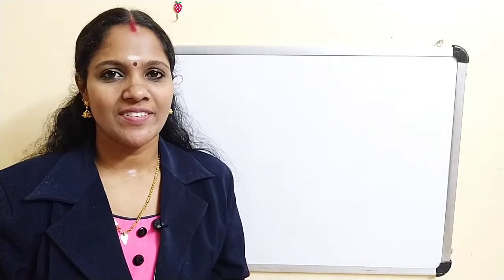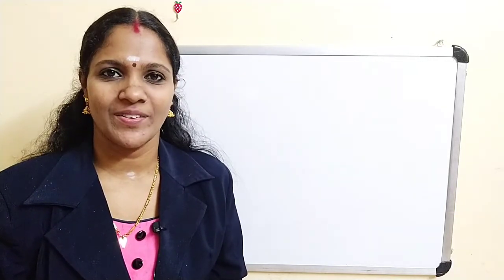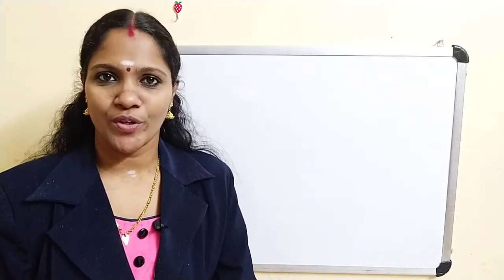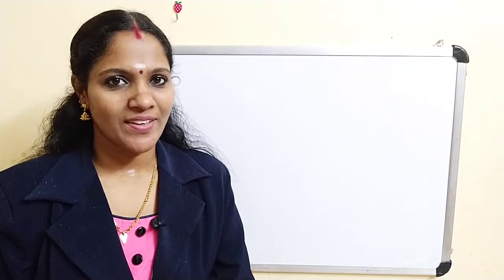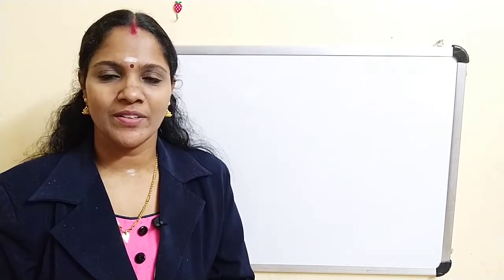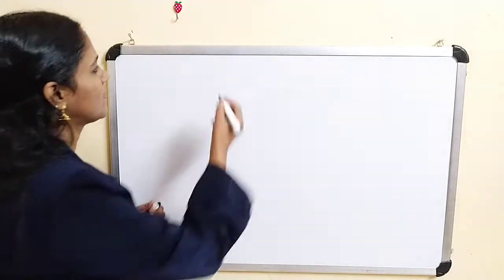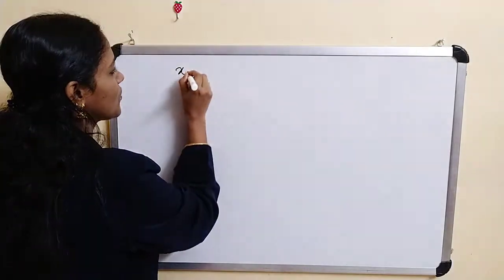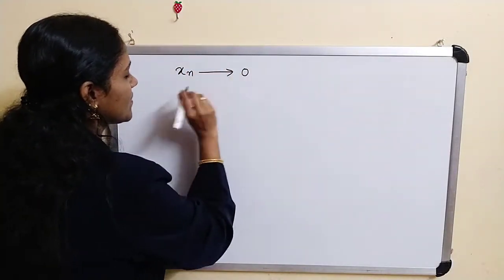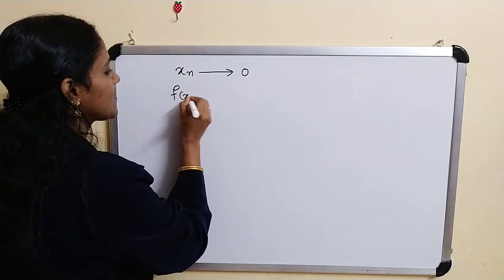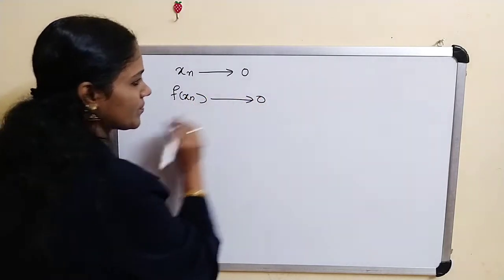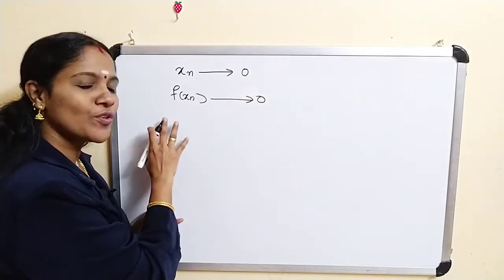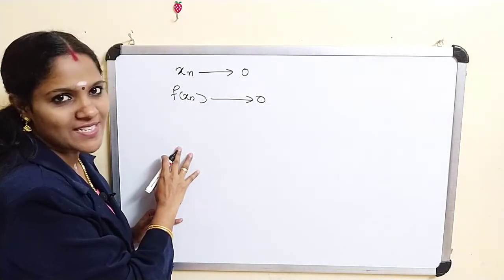Okay. Now for the converse proof, we have to prove, suppose f is a continuous functional, then f is a bounded functional. Suppose f is a continuous functional. That means f is continuous at every point of x. Clearly 0 is a point in x. Therefore, f is continuous at x equal to 0. Therefore, if there is a sequence xn that converges to 0, then f of xn converges to 0. Now we have to prove f is a bounded functional.